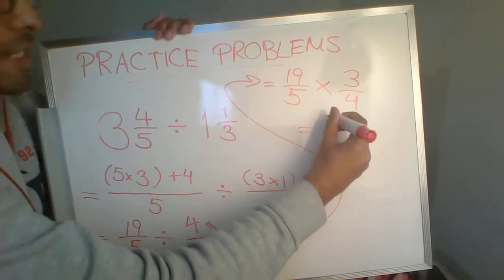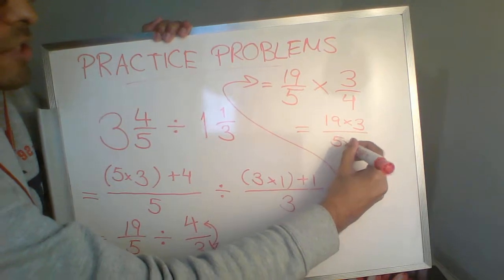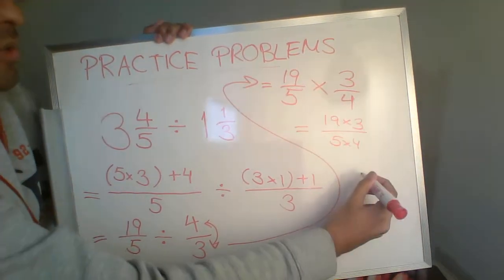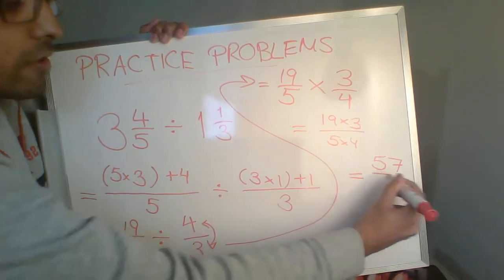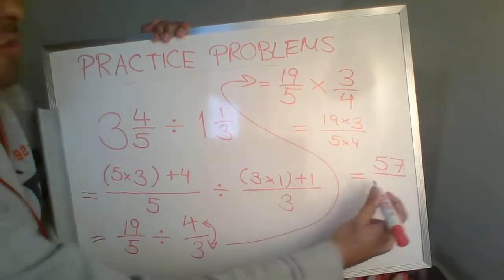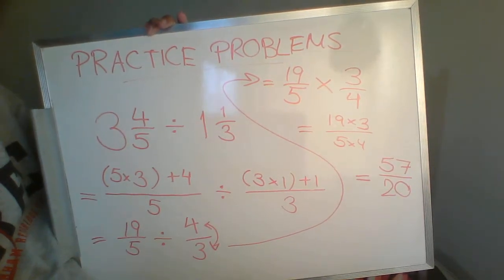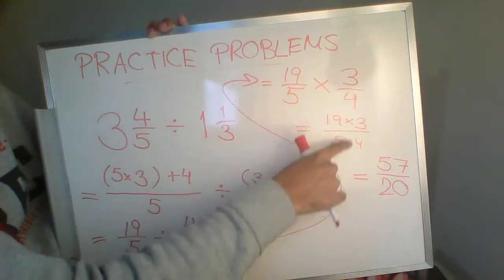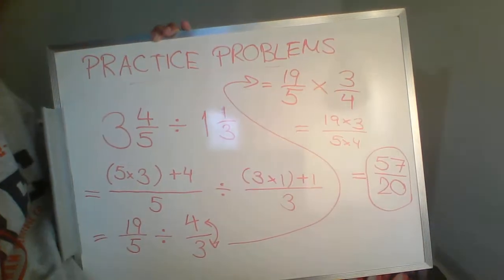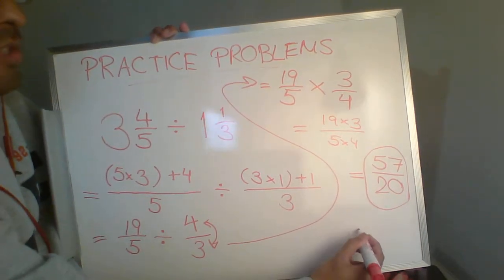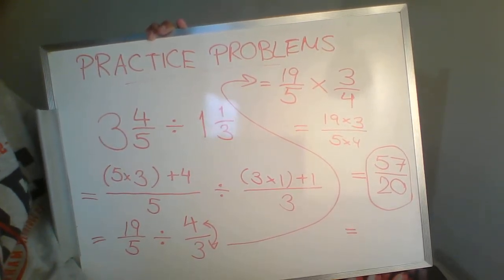On top, it's going to be 19 times 3. And on the bottom, it's going to be 5 times 4. So on top, that should give you 57. 19 threes are 57 if I've done my math right. And on the bottom, we get 5 times 4 is 20. Now we've got this down to a single fraction. We don't have little operations like those multiplication ones in there. It's just one single fraction. We've got a number on top, number on the bottom. That's an acceptable final answer,